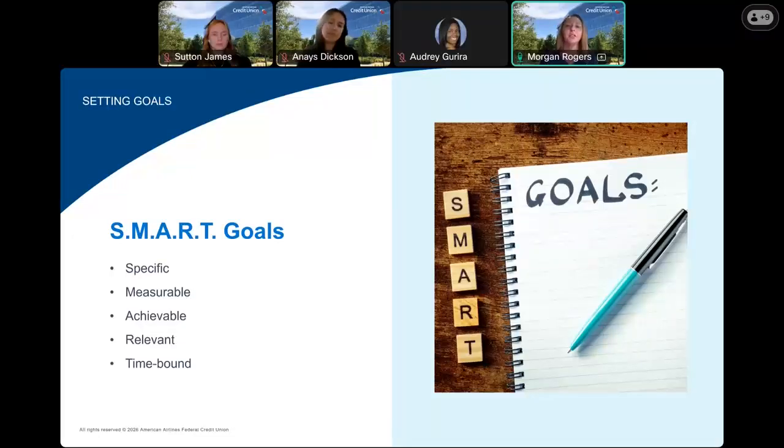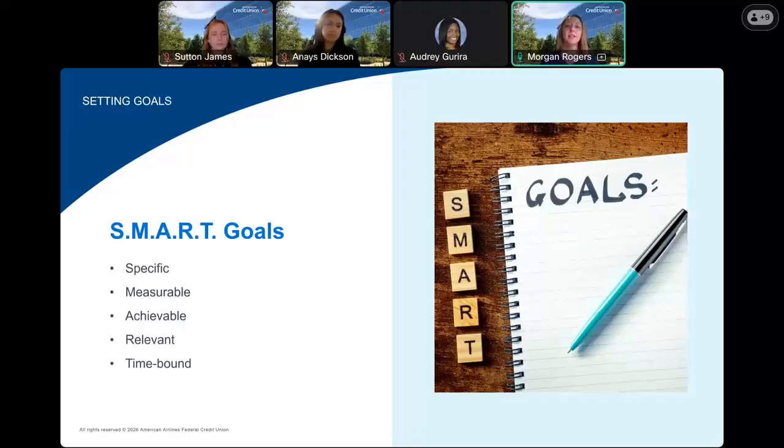Make sure you're setting specific goals to state your desired outcome that is clearly understood. Define what will be accomplished and what actions will be taken, and how you're going to accomplish the goal. Up next is measurable. These are the numbers that come into play, the numbers that are used with the goal for tracking purposes. So you can set goals using numbers so that you can easily track progress.